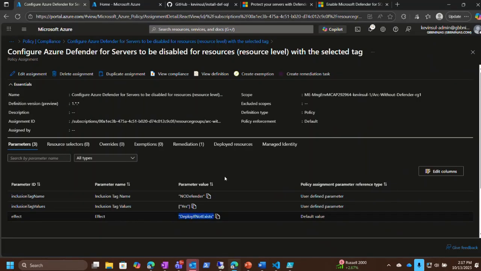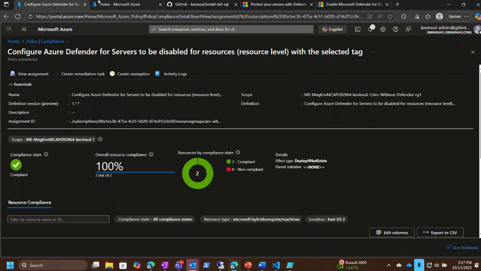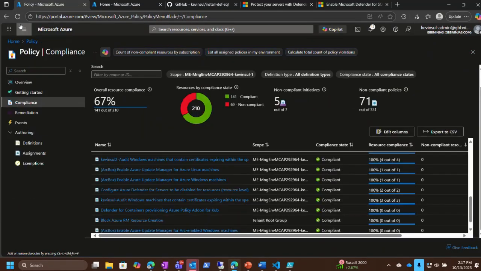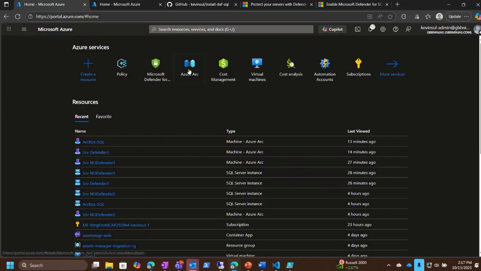Deploy if not exist means, hey, I know you want to deploy it because the subscription is telling you you need to put MDE down, you need that extension, but deploy if not exist means do the opposite, which means don't ever put down the extension, and therefore it will never be enabled. So now that I have this in place, if I go back to my Azure Arc things